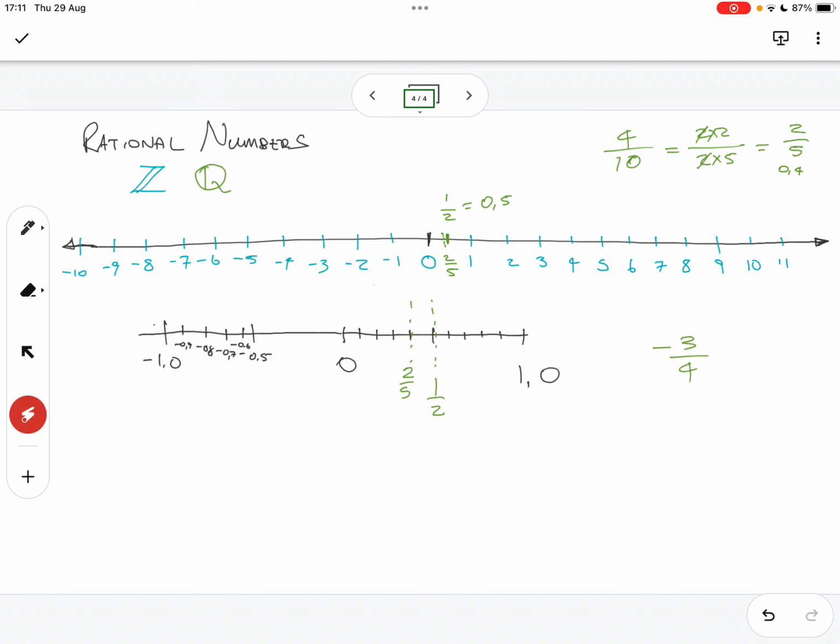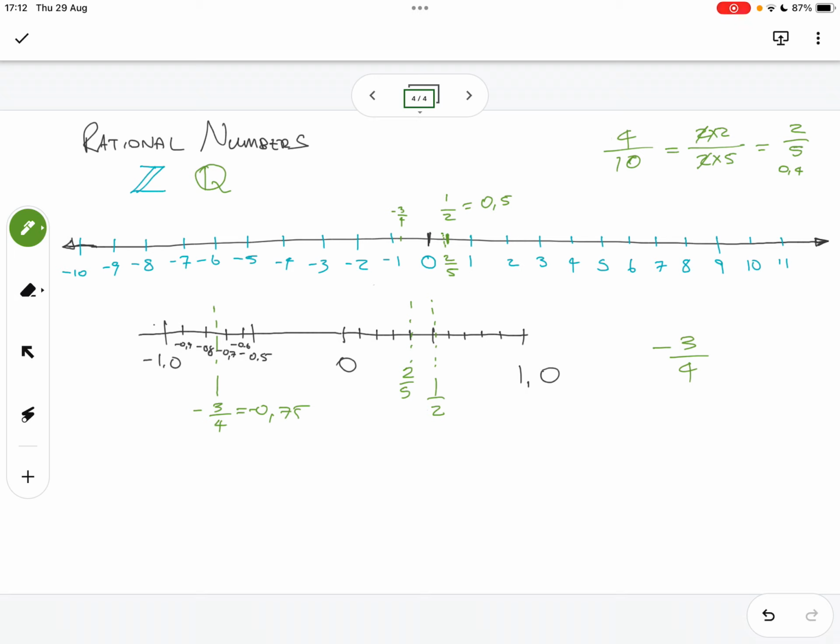All right, so if we have -0.7 there, then 3/4 should be somewhere there. So that means we'll have -3/4 there, which is -0.75. Are we still together? Yes. All right,